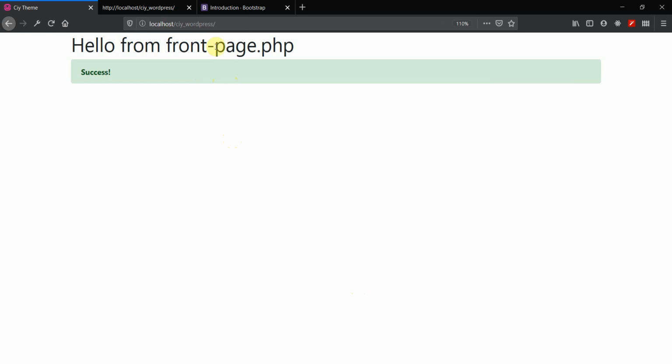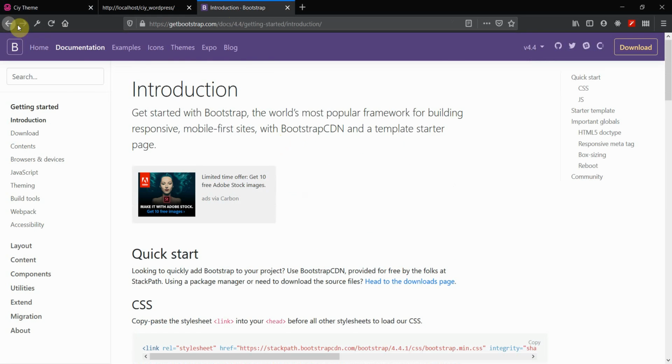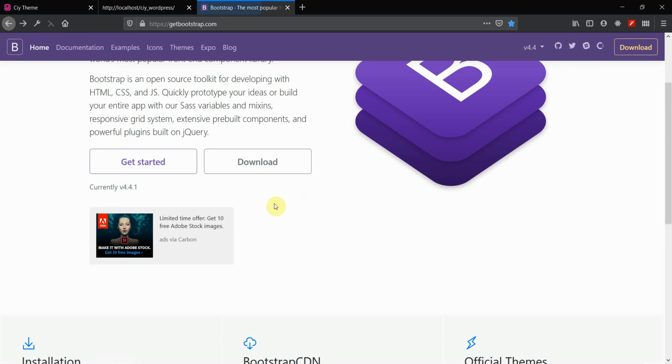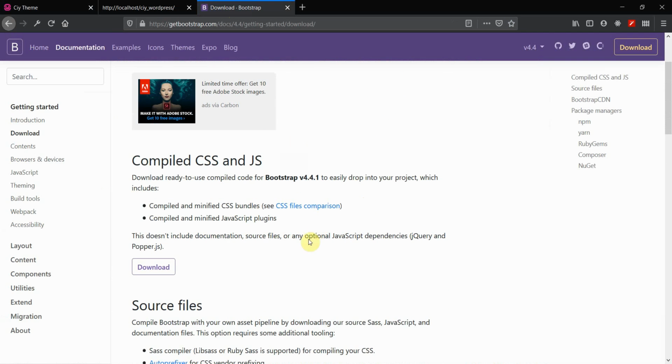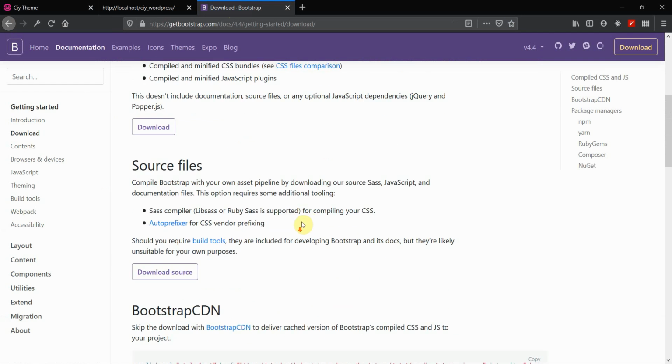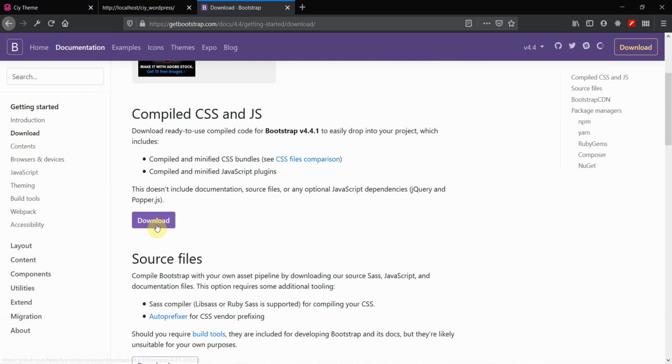So let's go back to the Bootstrap page, and let's go back here to get started. You have the download button here. So let's click on download. All right, so we have the compiled CSS and JS. So let's download the compiled versions,